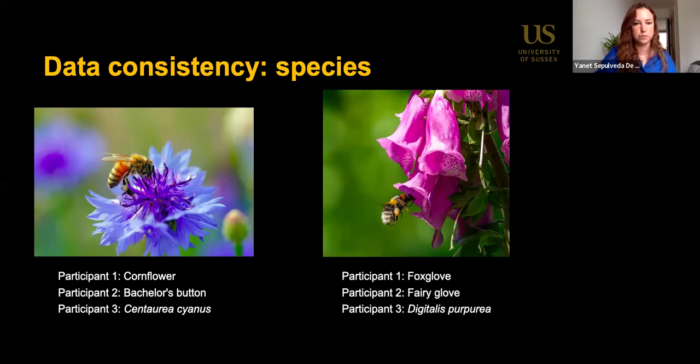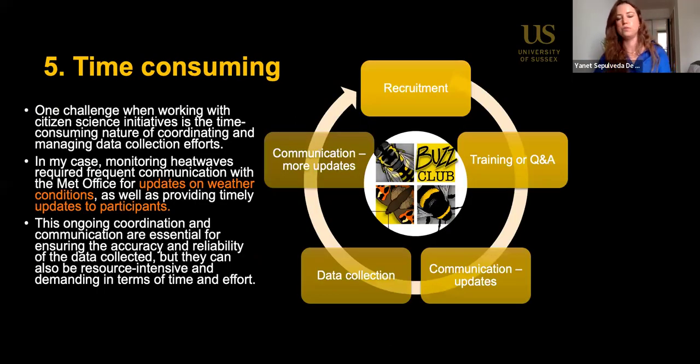to write. And as I said, when you're doing laboratory experiments, obviously it's very time consuming. It's a lot of commitment. You have to be there almost every day. And with citizen science, it is similar. So even though you're not recording data all the time, you need to consider that you need to be there from the moment that you're recruiting, that you're advertising your project, if you are doing some training, or if you're answering some questions via email, for example,